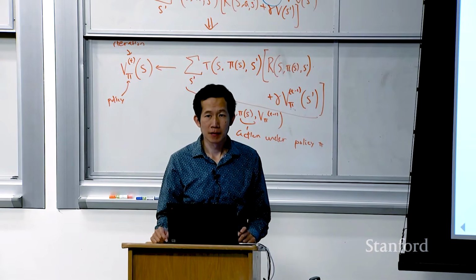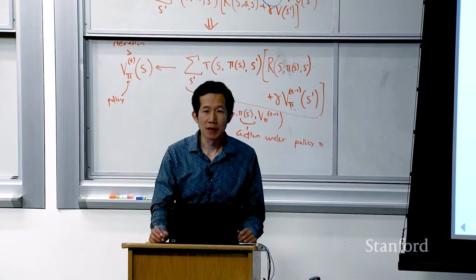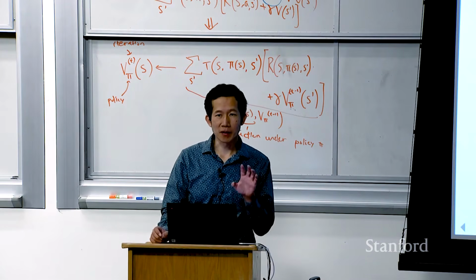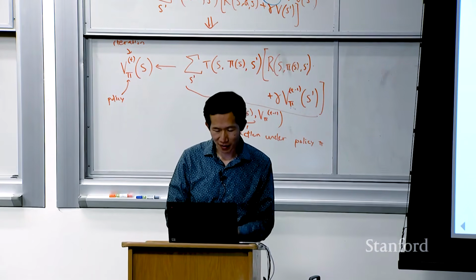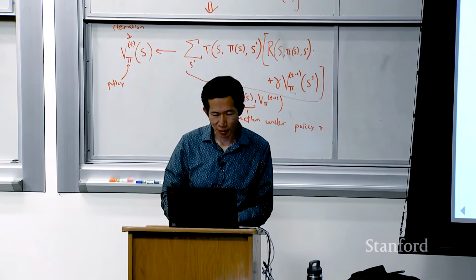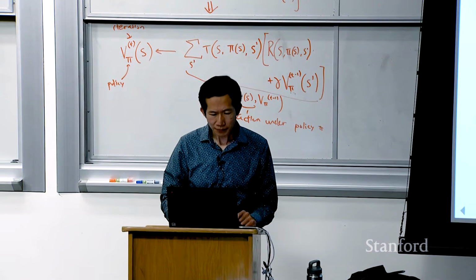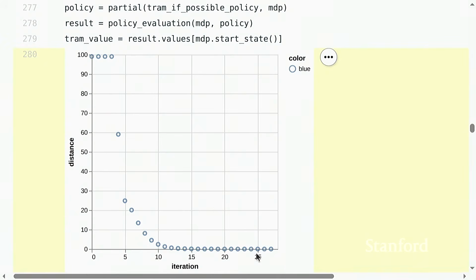Would the convergence take like a maximum of the number of steps in the... sorry, not as clear. Yeah, I think the question is how long does it take to converge? So actually, this is a good segue into the next thing I'm going to talk about. If you look at the distance over a number of iterations, you see that the distance starts at 100 just because I've initialized the values to be minus 100. And it doesn't move for a long time, and then it starts going down exponentially.